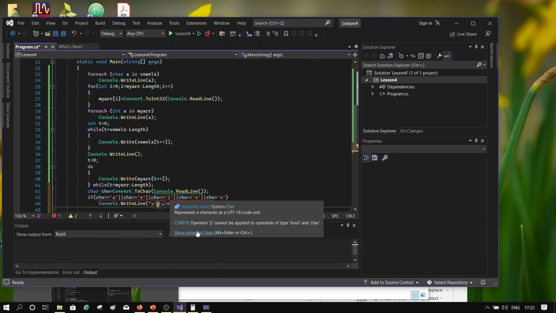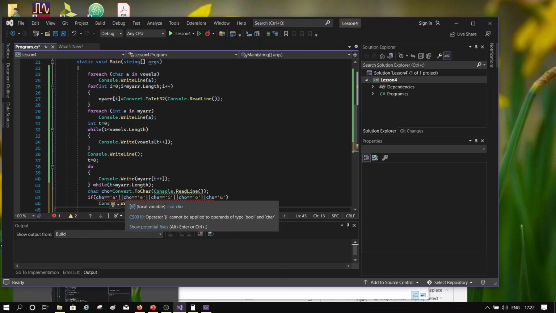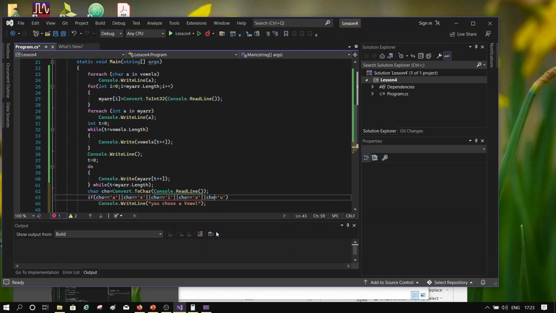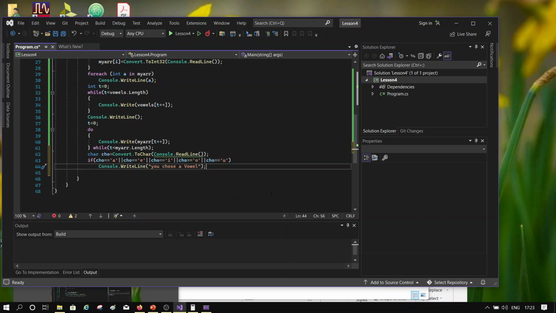Am I doing any... oh, I did an assignment here, that's why it was complaining. Okay, so this is going to be a Boolean, and if you entered a vowel, it's going to be true. Else